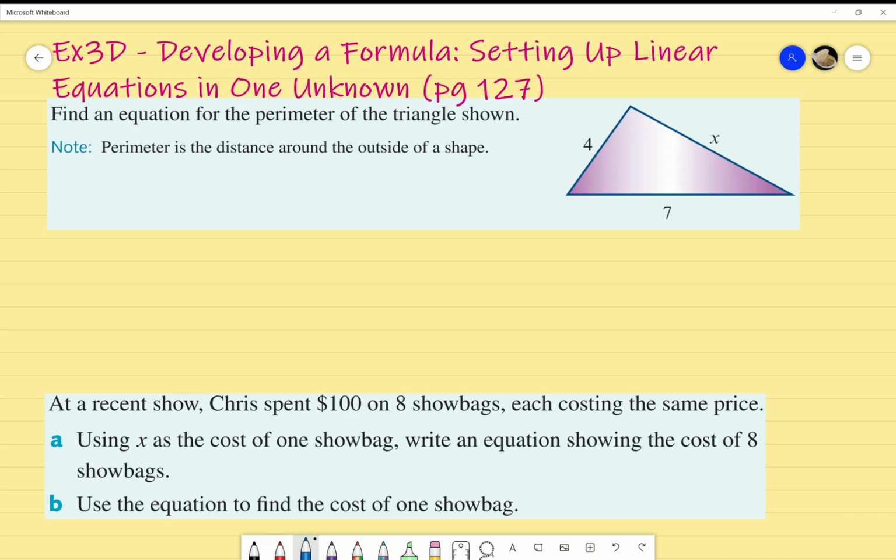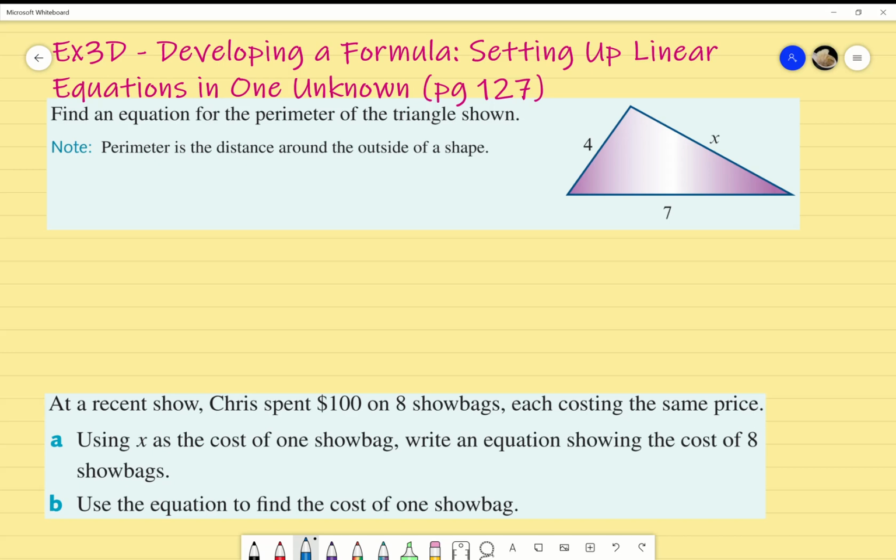Exercise 3D is on developing a formula, setting up a linear equation in one unknown, or I should say with one unknown, but you get the idea. So we're saying one unknown value. Let's set up an equation in worded form so that we can solve it. In this situation, we've got a triangle where we need to find an equation for the perimeter of the triangle